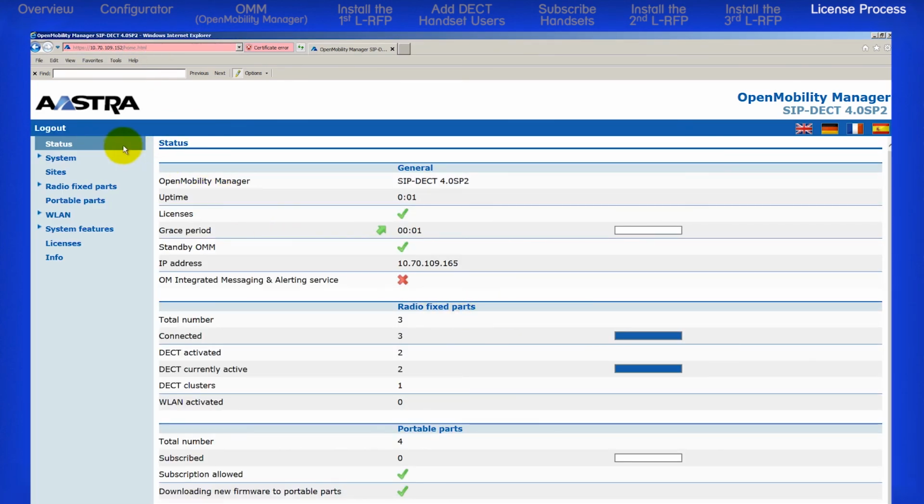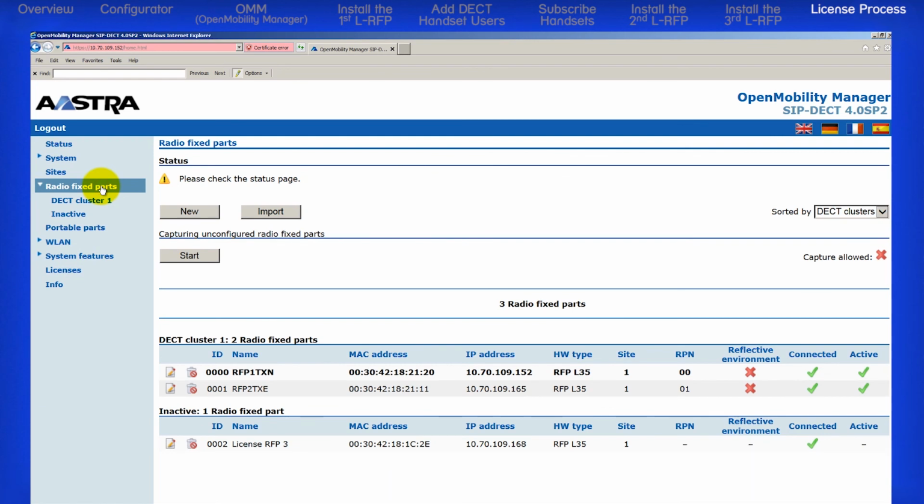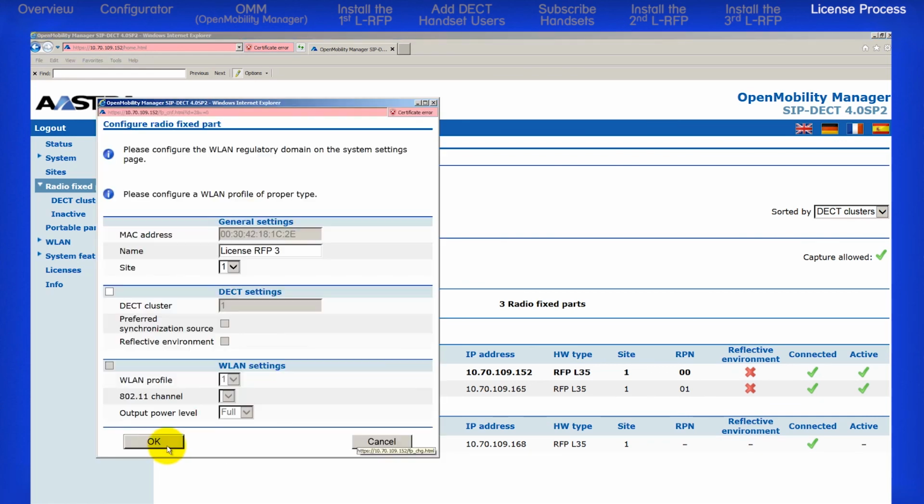Now let's look at the status screen. You will see the license field has been updated and the system can now be configured with up to 20 L-RFPs. So I'll return to Radio Fix Parts and continue to configure the third RFP. I'll click on the Edit icon, give it a name,